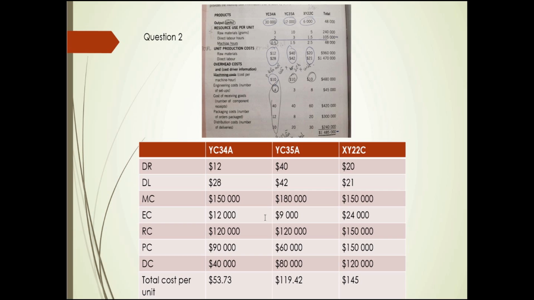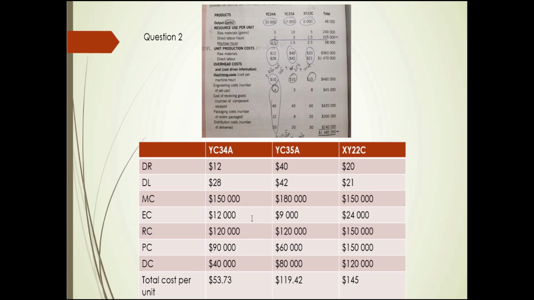that is 15. The answer is $3,000 per setup. Then we use $3,000 times 4 setups to get the engineering costs of the YC34A, and then calculate the receiving goods, packaging and distribution costs by the same method as engineering costs. Finally, add them together to get the total manufacturing overhead costs of each product, and then use the total manufacturing